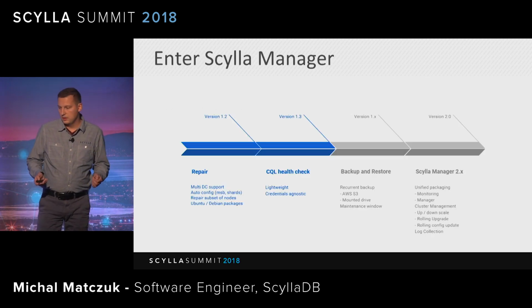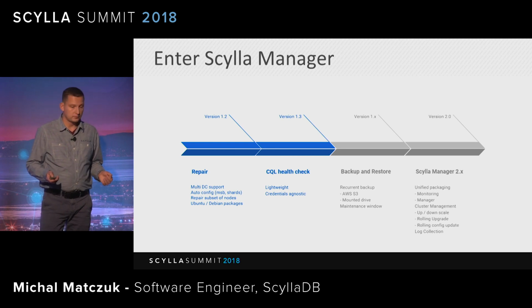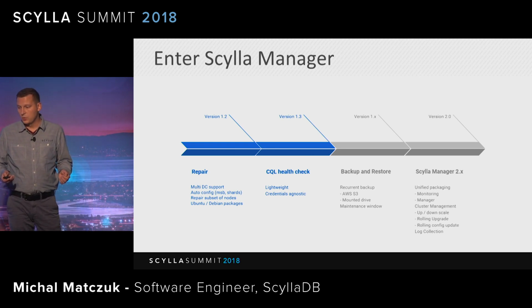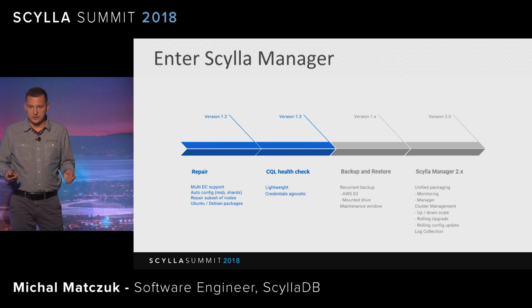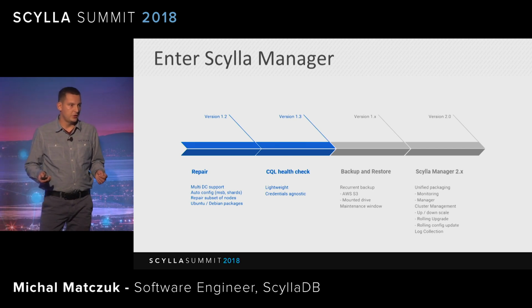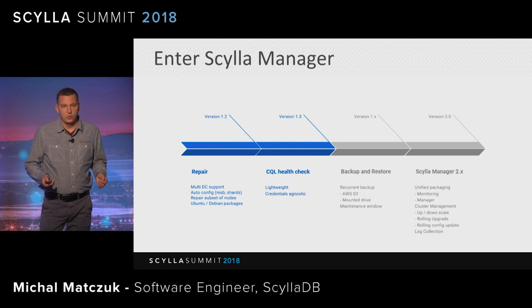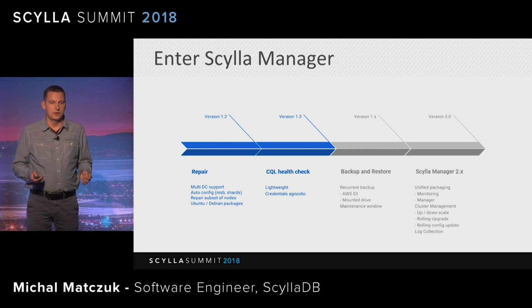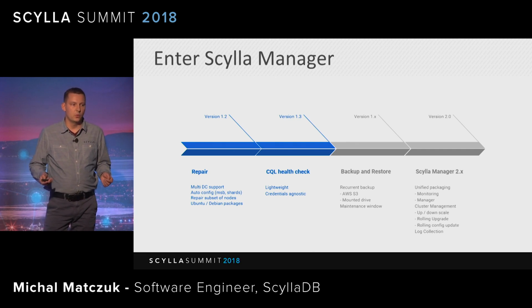OK, let's see what Scylla Manager can actually do once the cluster is added. So the current version we have is version 1.2. It consists of multi-DC repairs and ships as Ubuntu Debian packages in addition to RPM packages that we had ever since. We're working on version 1.3, which has a CQL health check, which would trigger alerts whenever CQL is not available